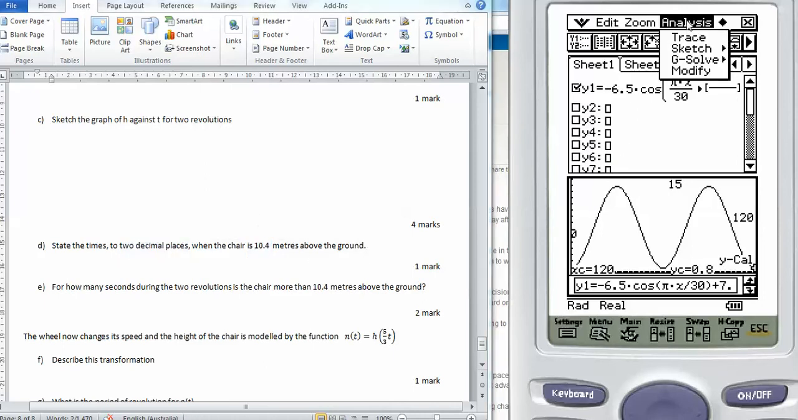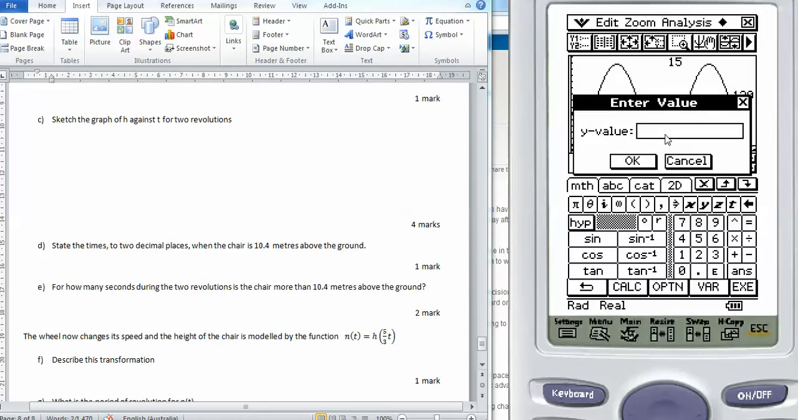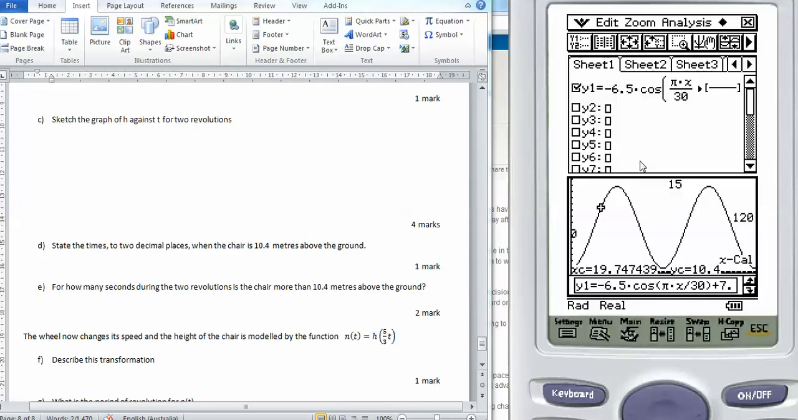So analysis G-solve the time, so x calculation when it is 10.4 metres above the ground. The first time is 19.747439, and I need to do this to 2 decimal places. So it's 19.75 seconds, and the second time